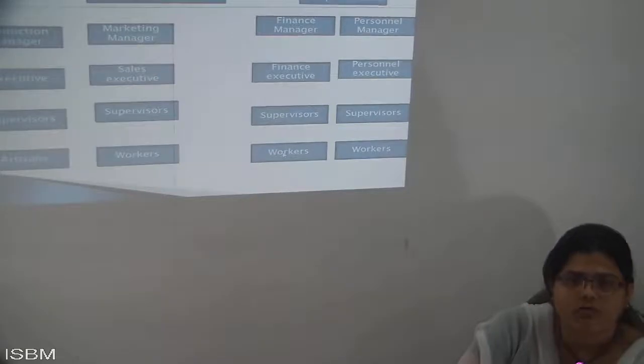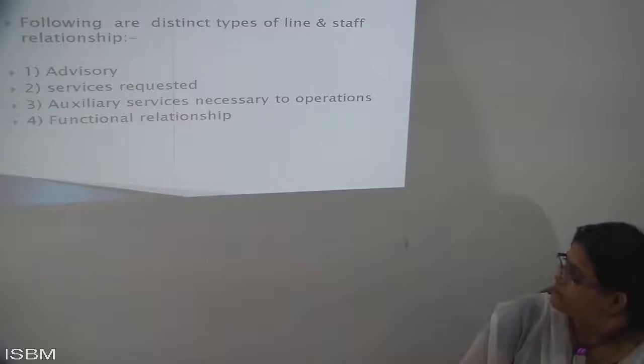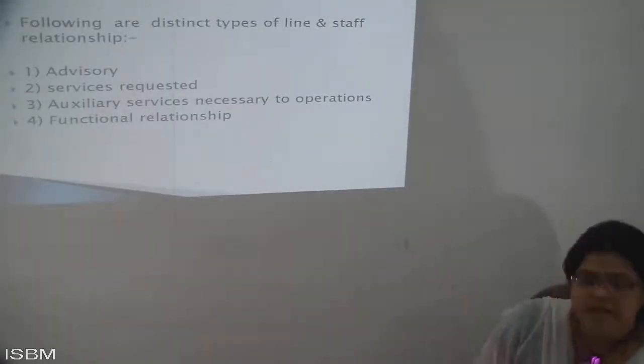Means this is also from finance, this supervisor will also have the knowledge of finance, and the workers will also have the knowledge of finance. Means each and every person is specialized. So that is your functional relationship. Now here also, how the relationships are shown with the help of each and every person. So here also, with the help of the fourth point, functional relationship should also be built.